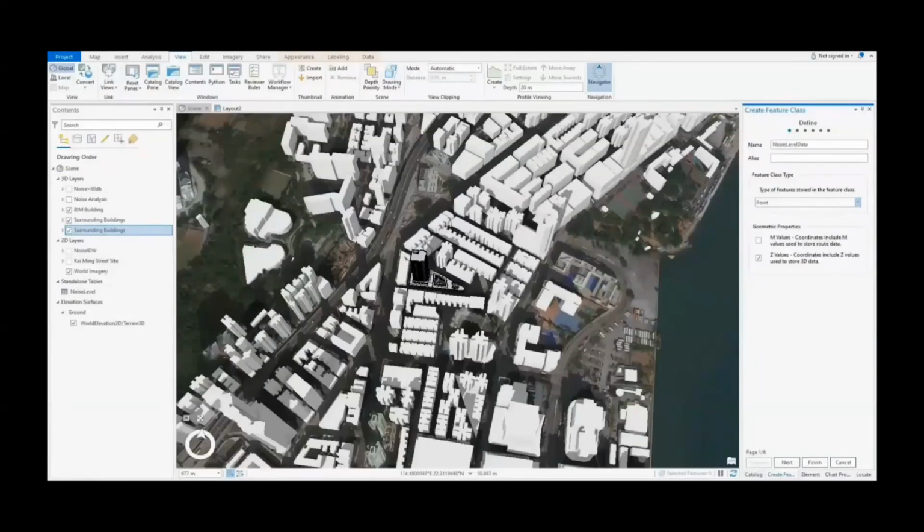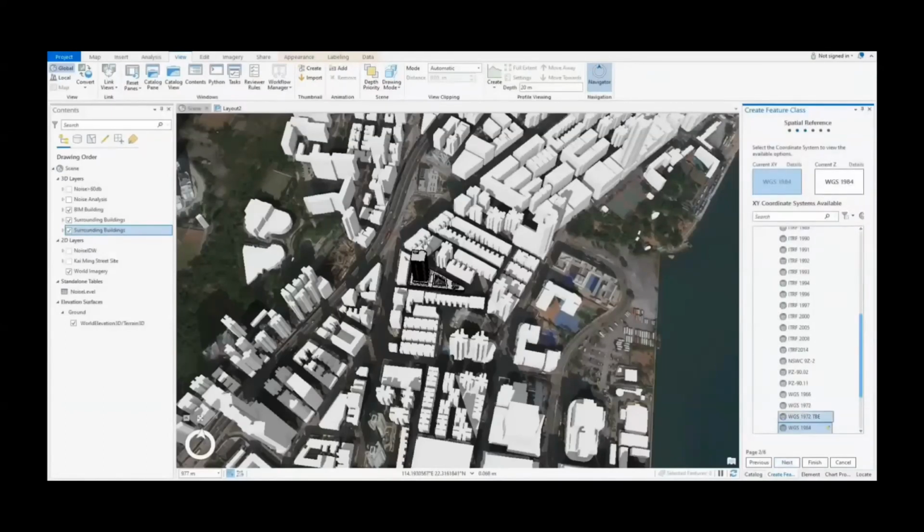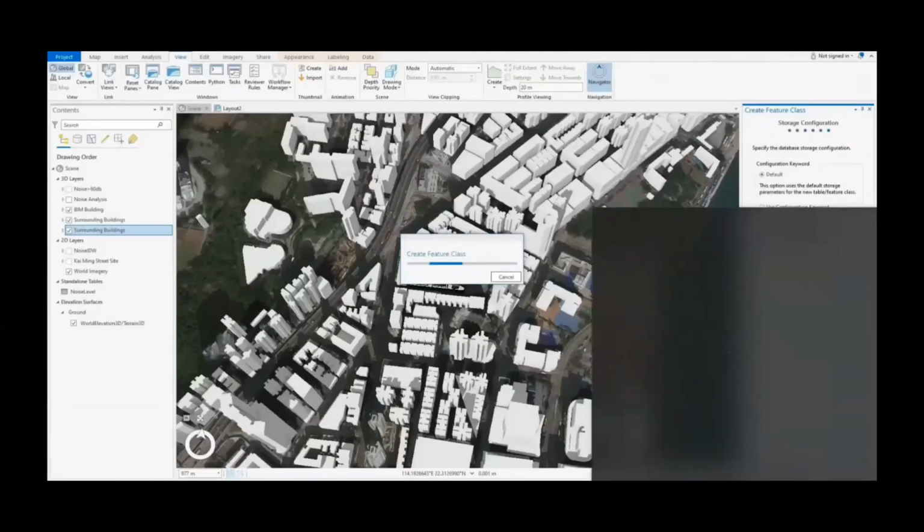After we created the points feature layer, we click next, and we add the field called dB. dB stands for the unit for sound. Later on we put integer data into the field, so we set the data type as long integer. We continue to click next, and we make sure that the coordinate system of this feature class is the same as the map, WGS 1984. And we finish creating the feature class once it has been completely loaded.